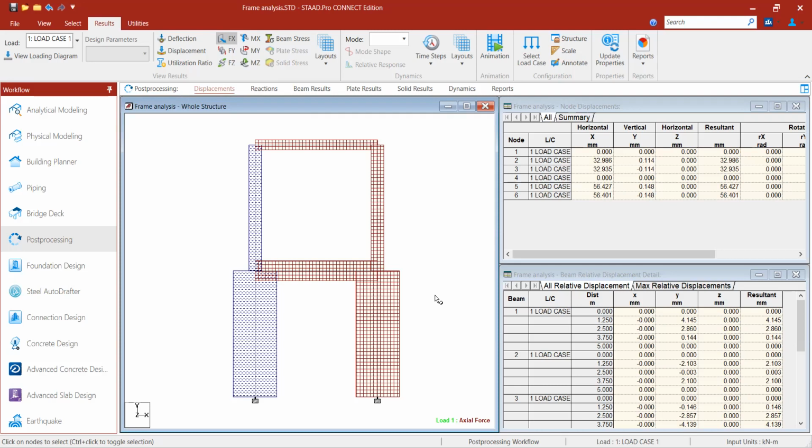Okay, and you can verify the results by any one of the analysis methods because this is not that much statically indeterminate structure. You can use moment distribution method, you can use Kani's method, to find out the bending moments, to find out the values of displacement and to find out the values of rotations.